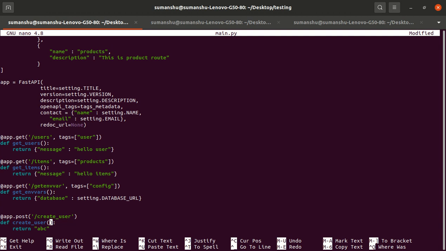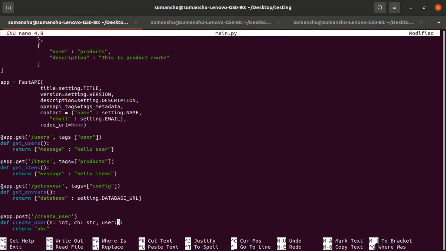But what will it accept? From the front end it will accept some user details. Let's suppose it accepts a number n, and we type it as an integer. It will accept a character as well, which should be a string type, and it will accept a JSON response as well.